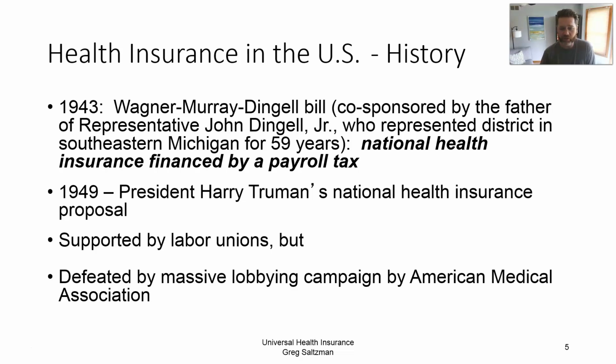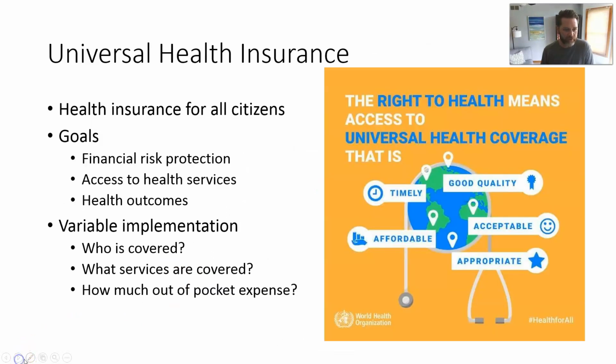And there was a great concern from the American Medical Association that a universal health care plan would result in decreased quality of care, certainly decreased compensation for physicians and for the healthcare system. And so they really sold the American public on defeating it. This is a 100% flip to what we see with the American Medical Association today, which advocates for greater access to care for patients. So overall, what is this idea of universal health insurance?